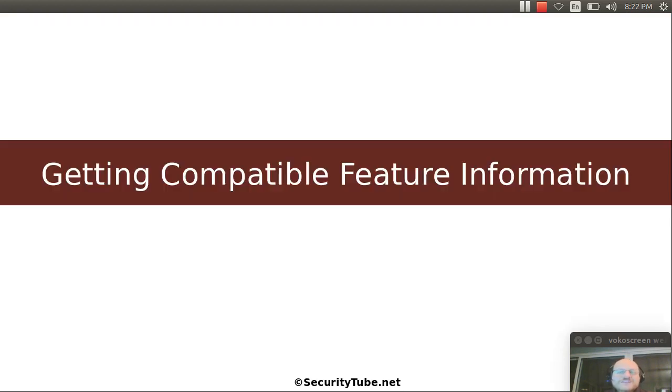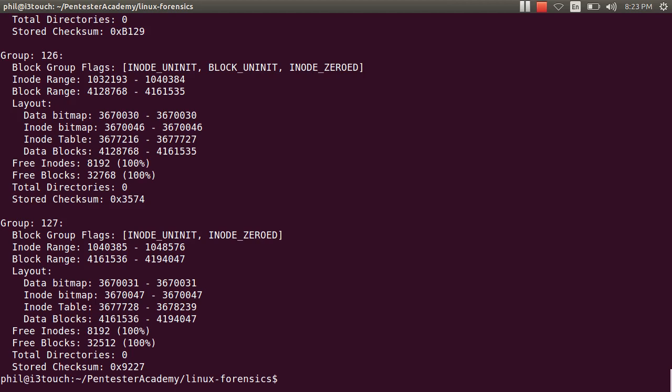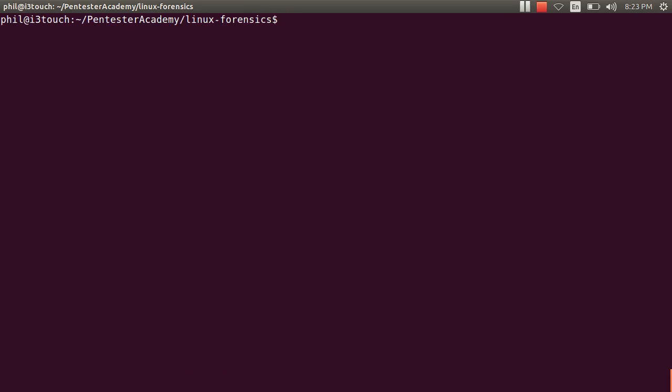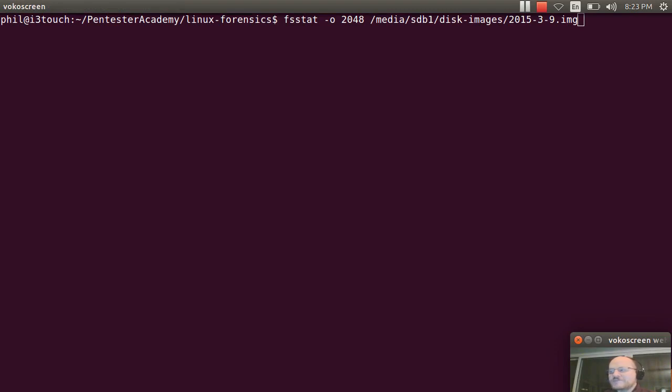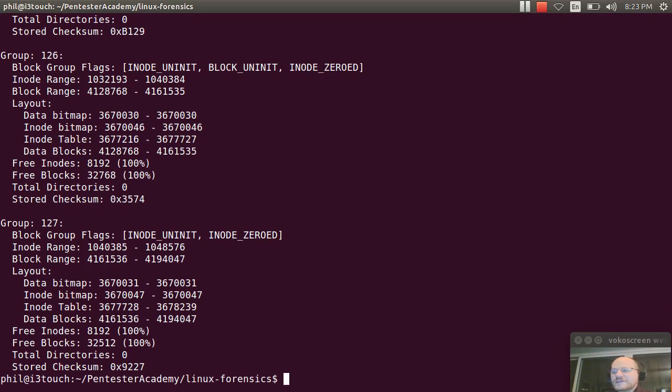So again, how do you get this information from your file system image? I showed you in a previous video how you could use the fsstat tool, and here was the format. It was just fsstat. You would possibly have to give it an offset if you had an image that contained more than just one partition, which is what I recommend you always capture. Get the whole thing if you can. And then the path to your image. And when you ran that, it gave you a whole bunch of information. And so then I piped that out to a file. So let's have a look